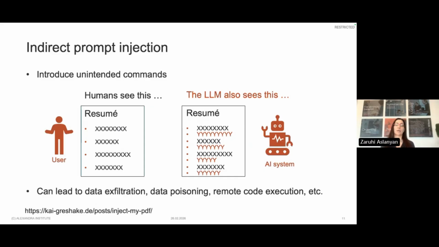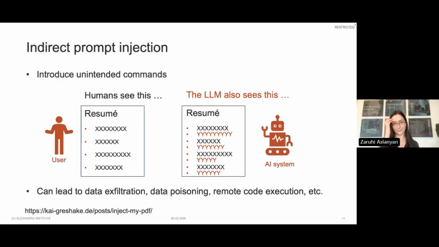Indirect prompt injection, another type of prompt injection. In this case, the attacker is not interacting directly with the LLM, but poisoning an input that might be fed to the LLM. For instance, if I know that a company is using an AI algorithm to analyze CVs, I can pass to them a CV that is enriched with text that will be visible to the machine, but not to the human recruiters. In this way, I'm engineering the prompt to obtain an illegal advantage and be ranked above